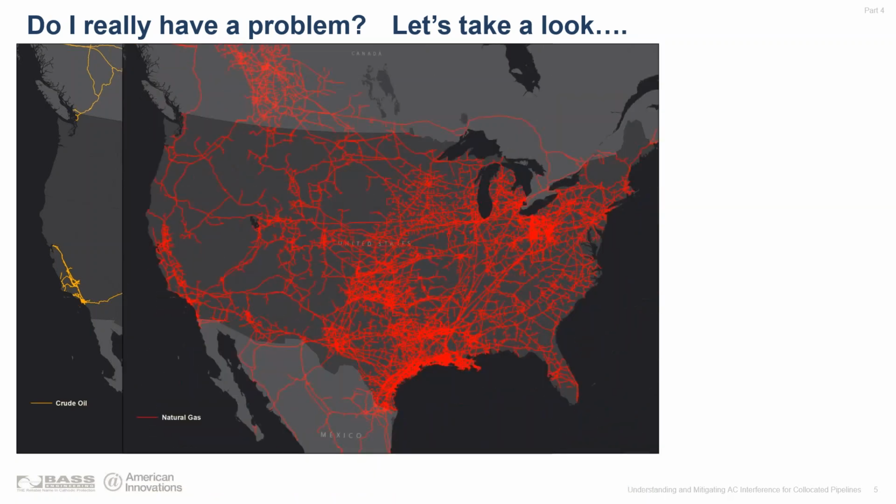Now let's take a look at our natural gas transmission system. Again, this is natural gas transmission, jurisdictional pipeline only. This is not gathering lines or flow lines or distribution lines. Much more complex network and a much broader network of pipelines. A lot of metal in the ground, right? Makes sense, right? When we're processing natural gas or producing natural gas, we don't have to take it out to a central processing place